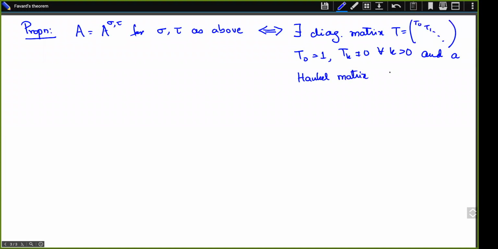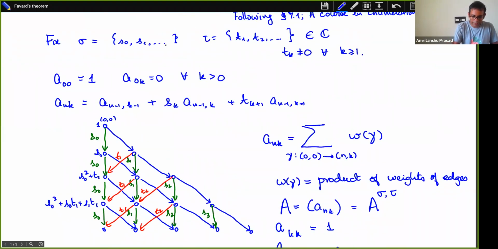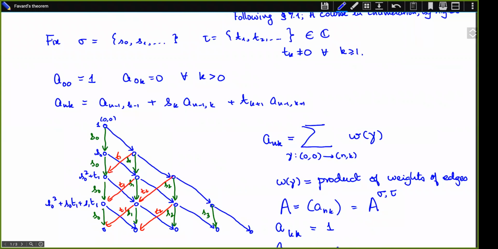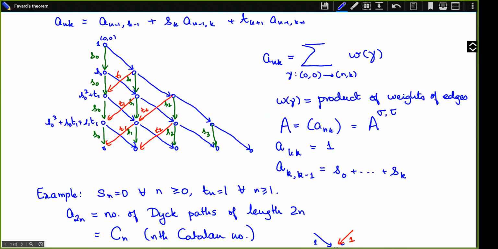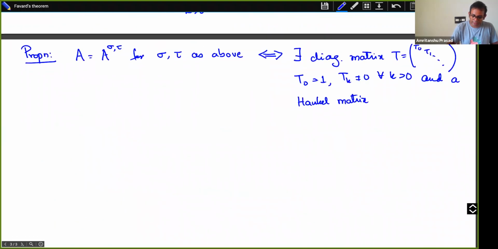Sorry, I forgot what sigma and tau are. So sigma and tau are what we had right at the beginning: these parameters, the weights of the edges. And A sigma tau means the matrix that comes from these. So what we are saying is that this equation and a Hankel matrix H equals B